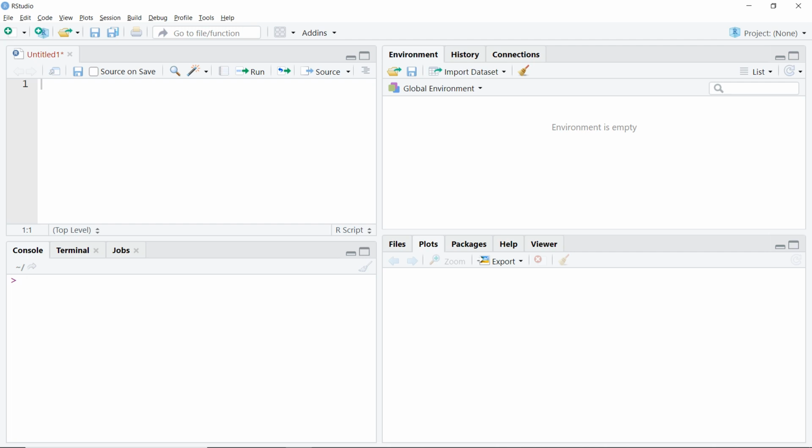Now today we are going to see logical statements and the if-else statement. Now a logical statement is a declarative sentence which conveys factual information. If the information is correct, then we say the statement is true. And if the information is incorrect, then we say the statement is false.